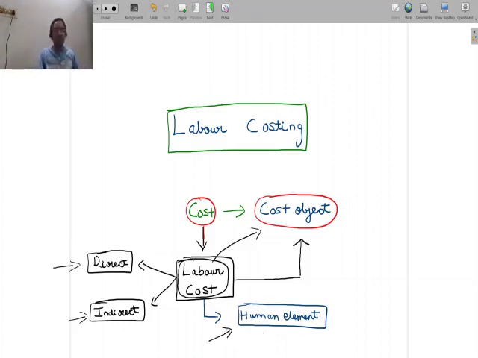Yet another thing is, when you talk about labor cost and when you talk about people working, the question of spoilage is something that is not there. Let me give you a simple example. Let's consider a scenario where there are usually 10 workers. They do a certain job, and on a specific day or a specific week, for some reason, out of these 10 workers, let's say 6 workers want to go on a strike. They don't want to work.